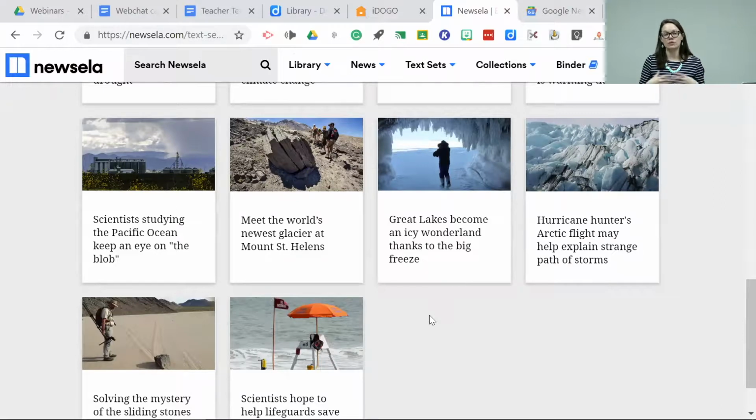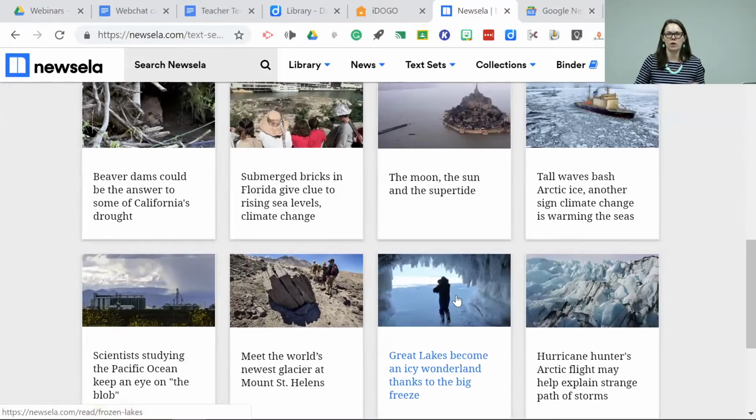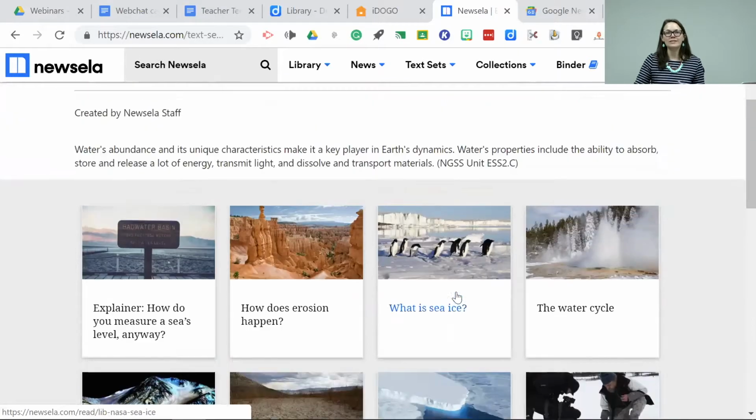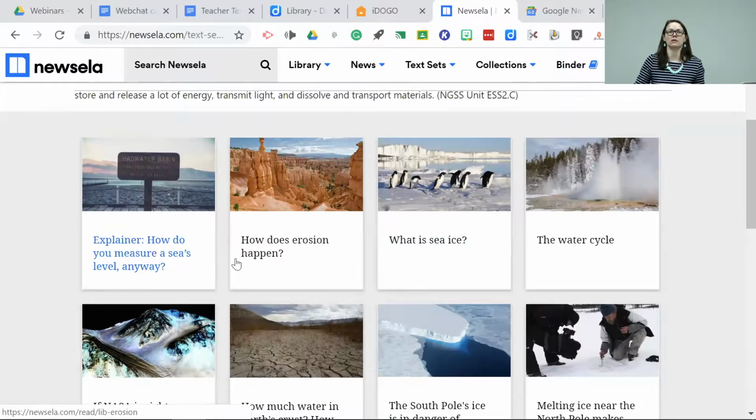So then I would use that text set and jigsaw. Different students would receive different articles. I would assign the entire text set. My students sat at tables, so then people at the tables had to each pick a different article. So it was things like that, lots of different ways to use this. Once you get into an article,